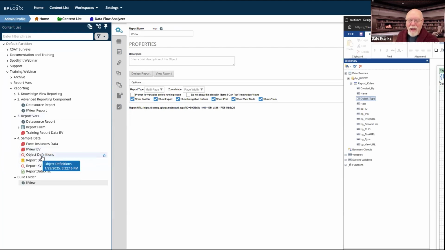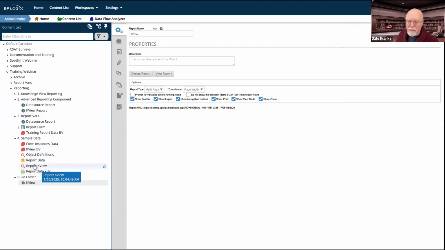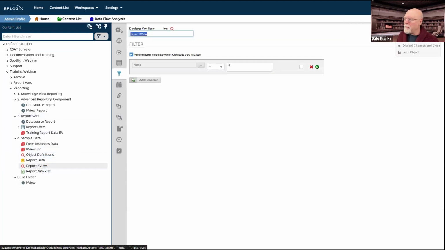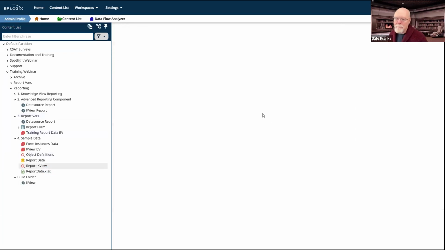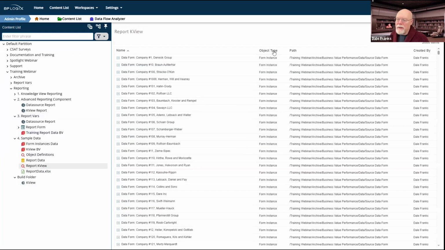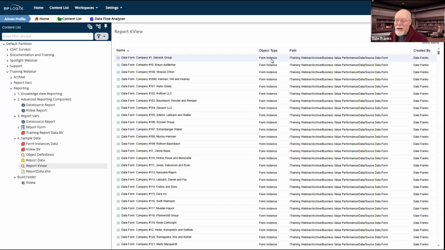Wow. If we look at our report KView and we just run it, and we look at the object type field, it says form instance. That sure looks like text to me. And in point of fact, it is text, but it's only text in the UI.